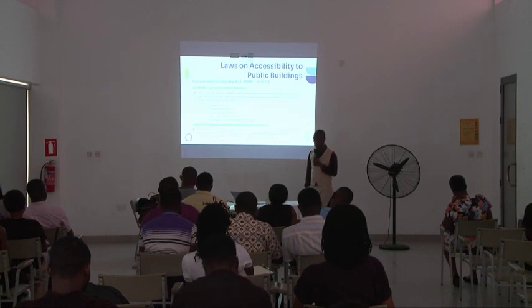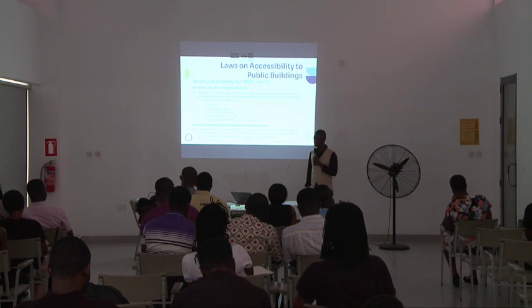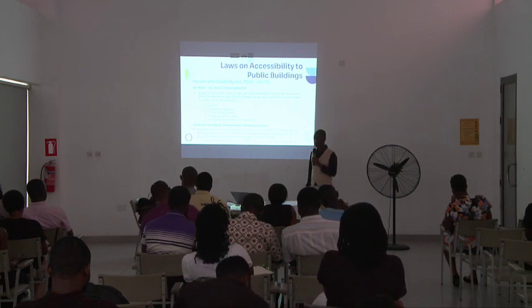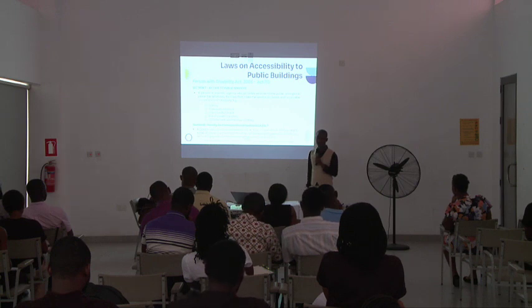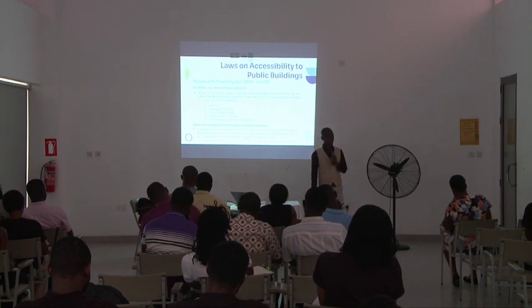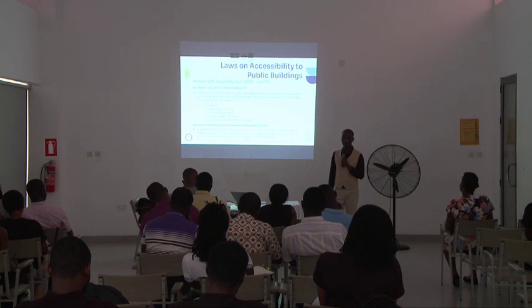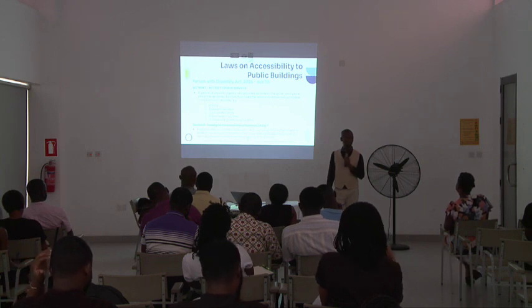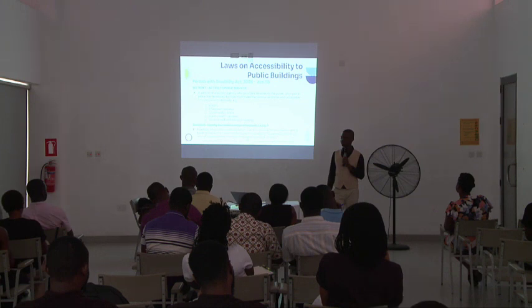And the library, the community center. The penalty is that you can go to prison for 3 months, or you will be fined 50 penalty units. And it's a school of thought that it is not punitive enough. They should make it like 3 years or something like that, because if you go and sue, one penalty unit is about 500 or 600 cedis. So if you multiply, it's about 12,000 cedis.